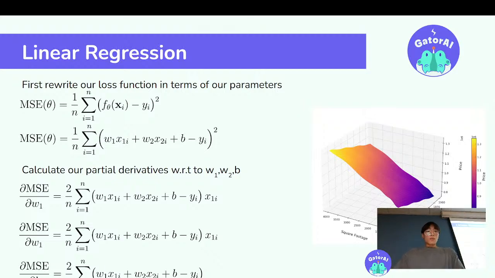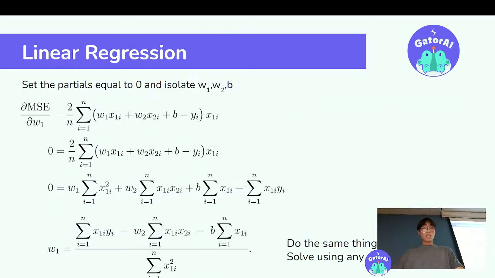So we calculate our partial derivatives with respect to w1, w2, oh, that's wrong, and b. And so what we're going to do is try to isolate for our variables here in a short while, and we're only going to do it for one of these equations to see how we would actually do it. So we're going to do this with our first weight. So we have our function here for our partial derivative.